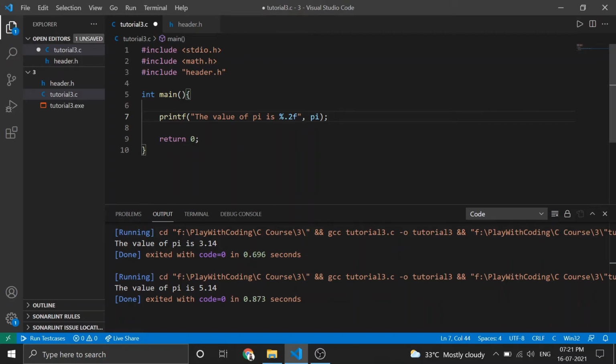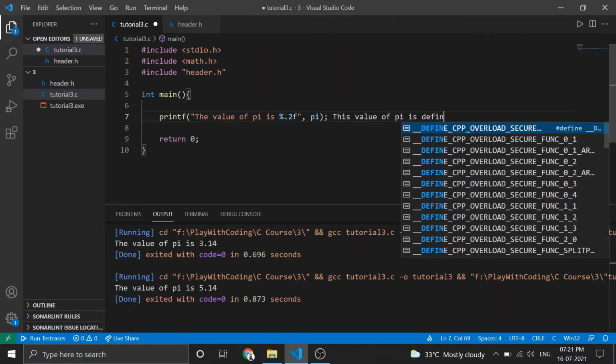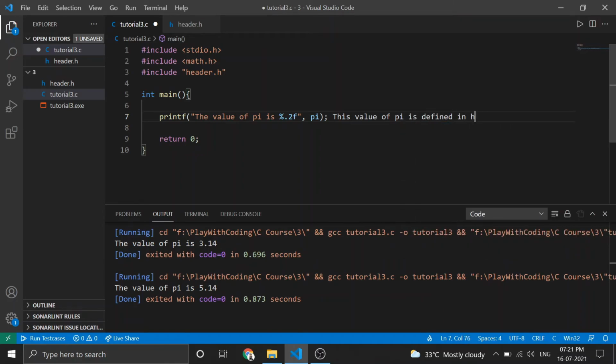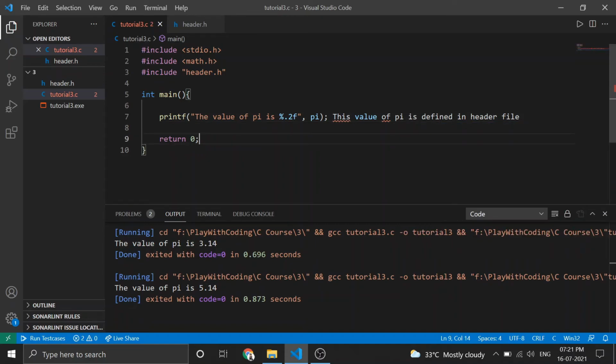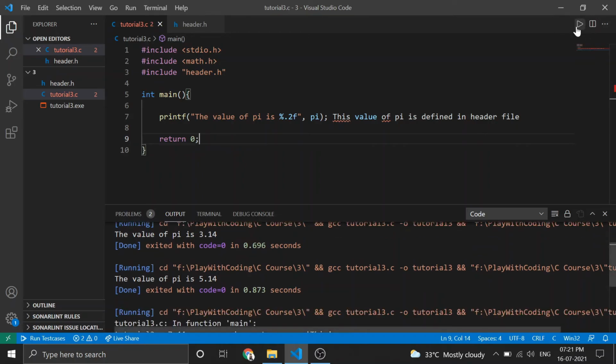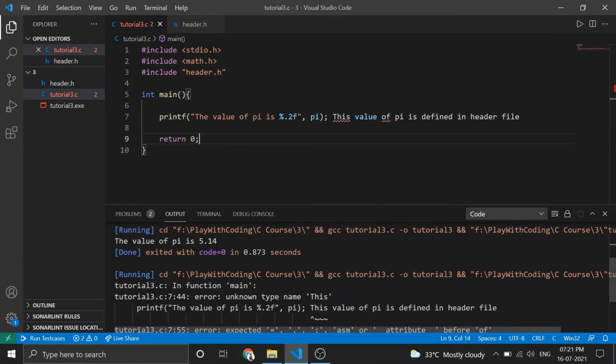Now if you write here that this value of pi is defined in a header file, it will throw some error. You can see the red lines, and if you run it, you can see it will throw an error.